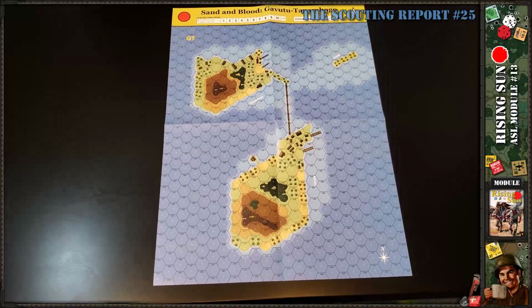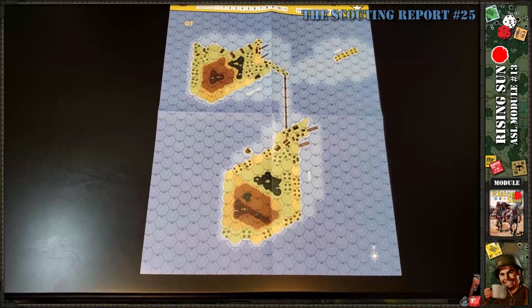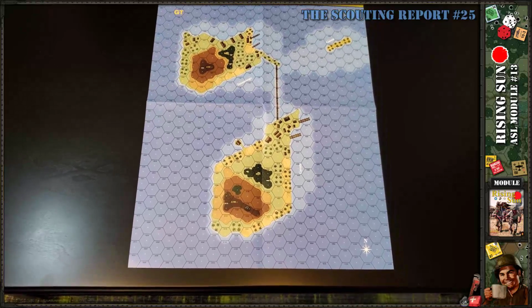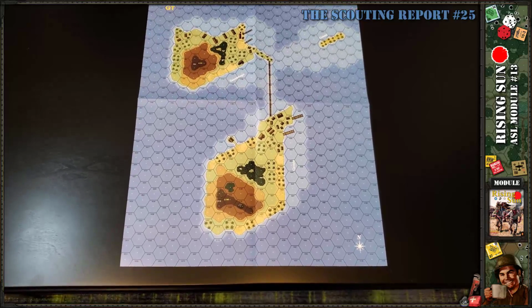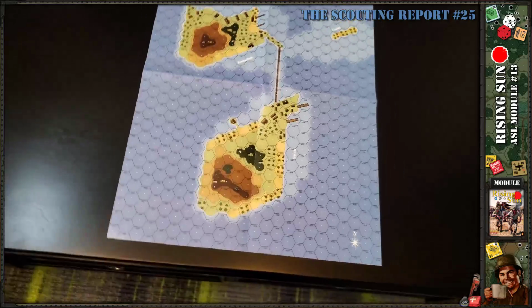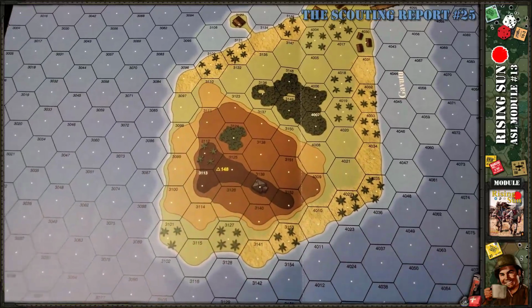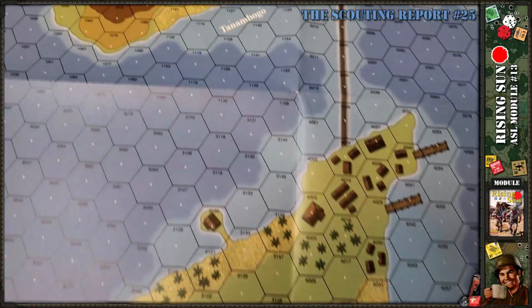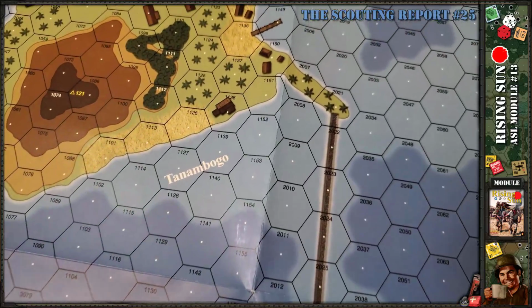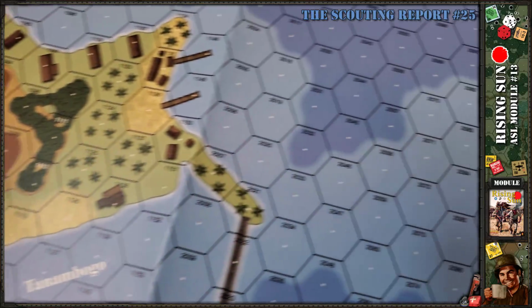I estimate this map to be 2 feet by 1.5 feet. Convert that to inches. 24 by 18, roughly. Reasonable size map. Two small islands. We have Gavutu here with some docks connected by a bridge, and Tanambogo on the other side, and just offshore